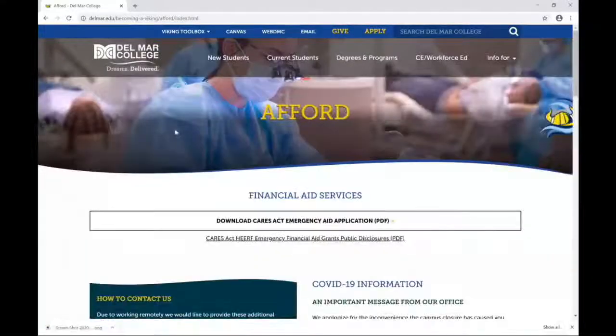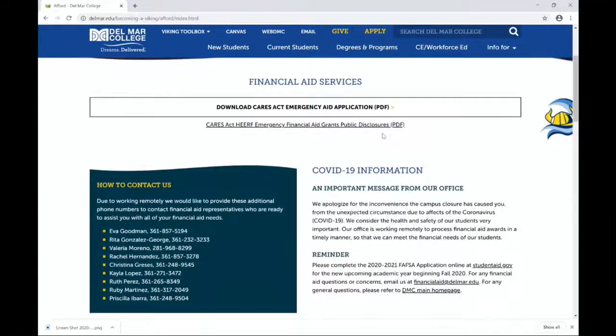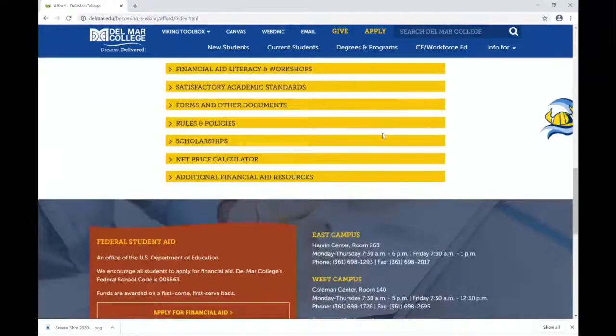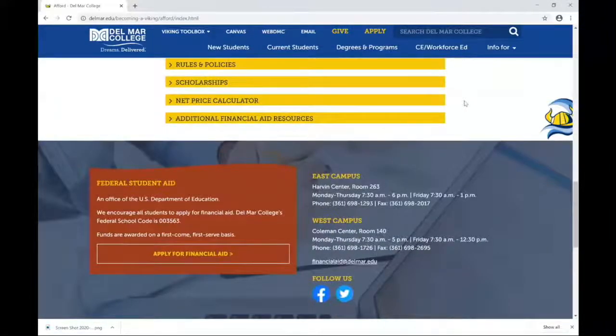All right, guys. So as Joseph mentioned, I can definitely show you where and how to access your financial aid checklist. So this right here is the Financial Aid Services webpage on the Del Mar College website. So for those of you who are wondering what our contact info is, also another question that I just remembered that we've been getting a lot is how students have been asking, how do I submit documents, whether it's verification, whether it's